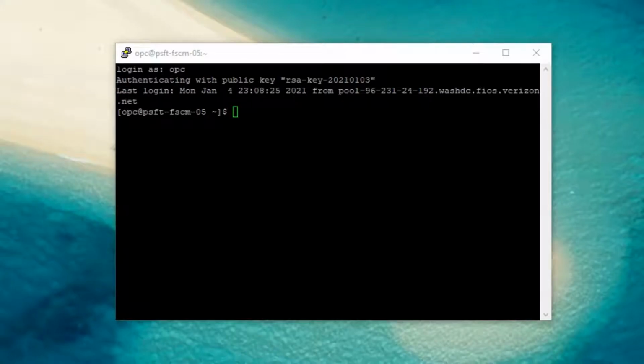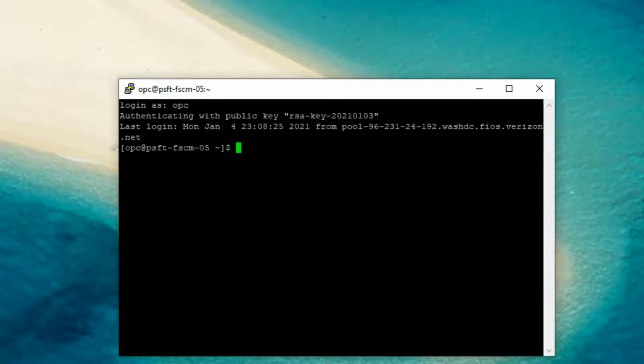Just to remind you again, I am picking this up from my previous episode where I showed you how to install PeopleSoft demo environment on Oracle Cloud, as well as how to log in into that compute instance through SSH. That's the screen you see here. I logged in into our compute instance through SSH and PuTTY. By the way, I logged in with default user account OPC. OPC stands for Oracle Public Cloud.